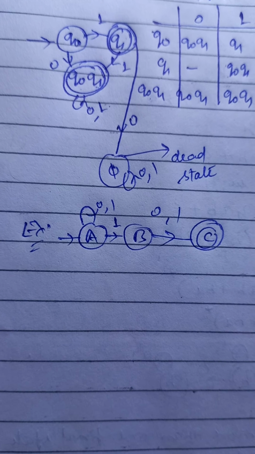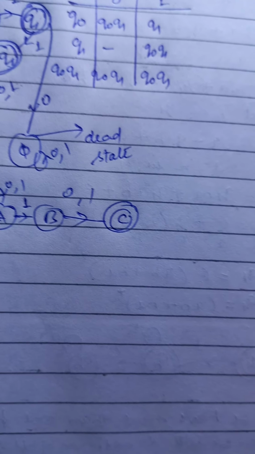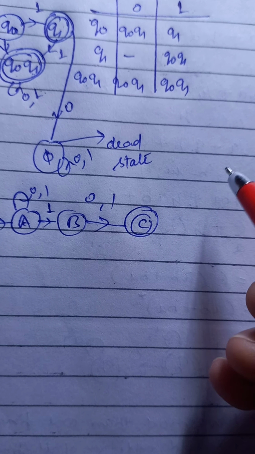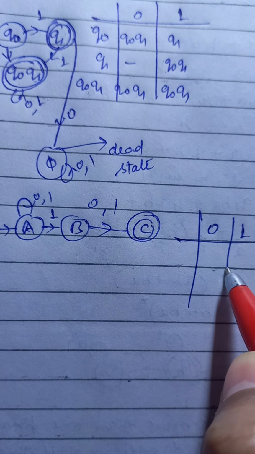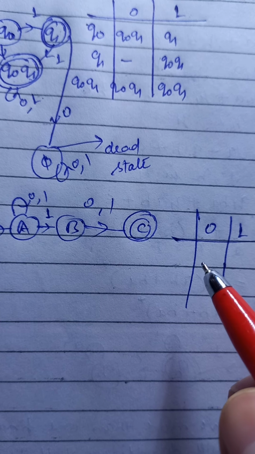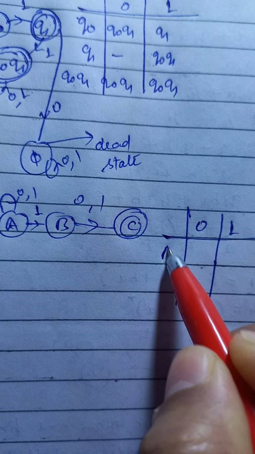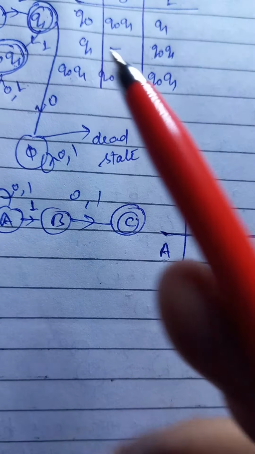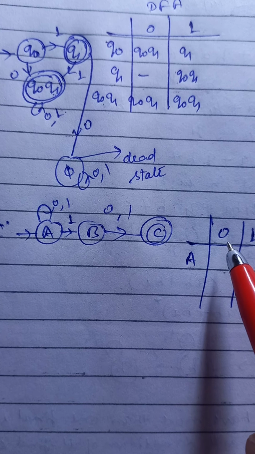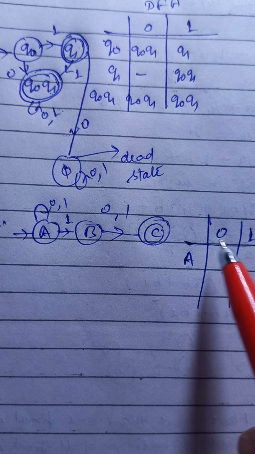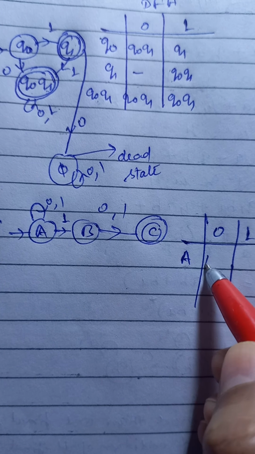Suppose we have this NFA. So we have to convert this NFA into DFA. First, we will make a transition table for this. So the transition table, with columns 0 and 1. What will the transition table be for A? For A, instead of Q0, Q1, we will take A, B, C also, that is also possible. So for A, where the transition is moving for 0, for A only, so we will write A here.